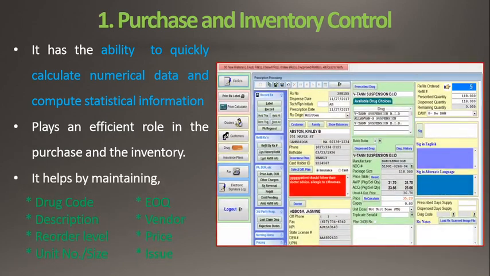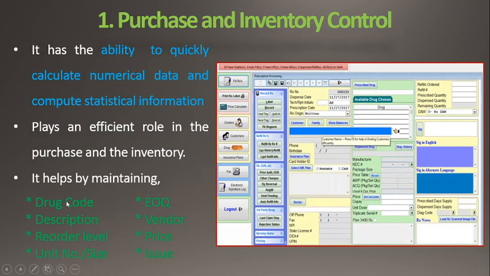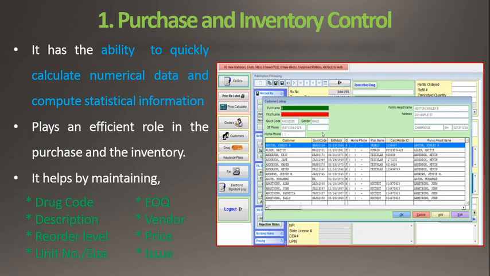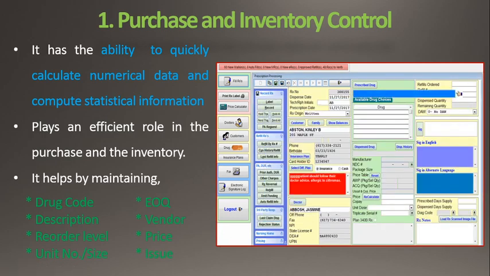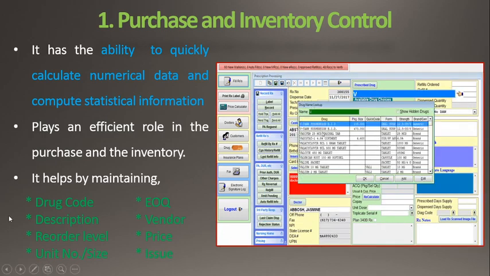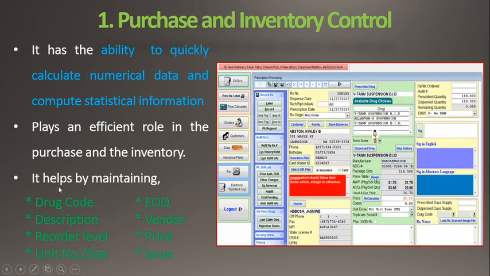This help is done by the computer by maintaining various instructions or by putting some levels of information in that particular computer. For example, the drug code. The drug code is given to that particular new medicine while adding it in the computer.